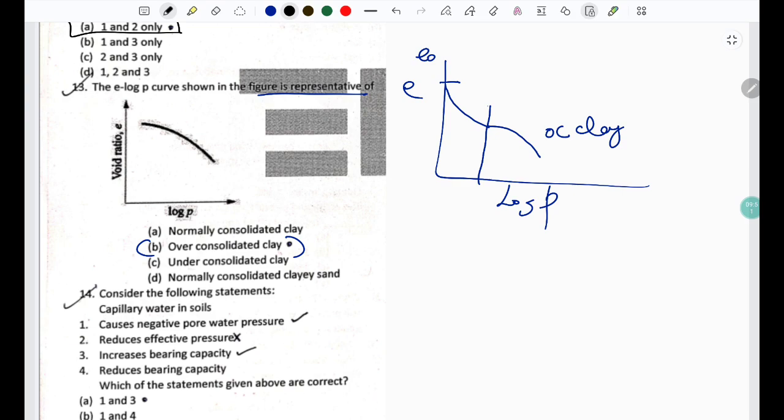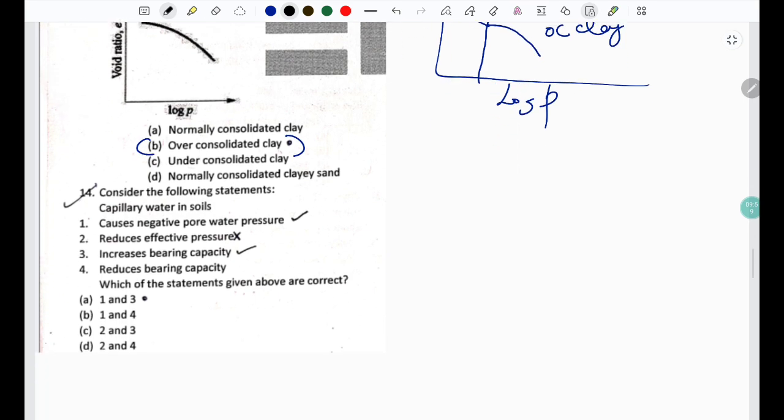In the previous question we were on the E versus log stress curve, which was representative of the OC clay. Let us now brush up the consolidation topic a bit, and how this graph came here. So we know that in the chapter consolidation, consolidation is nothing but expulsion of pore water